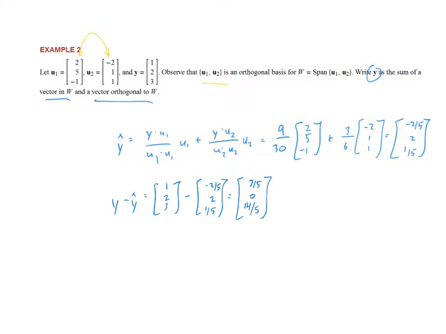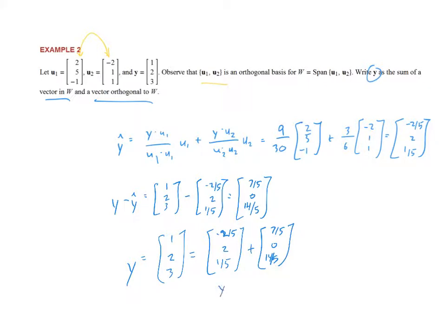So that allows us to write y, which is equal to (1, 2, 3), as a sum of two vectors. The first vector is the y hat, (negative 2 fifths, 2, 1 fifth), plus z, (7 fifths, 0, 14 fifths). So that's y equals y hat plus z, where y hat and z are, in fact, orthogonal